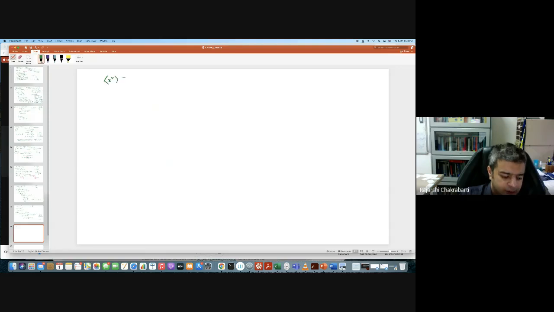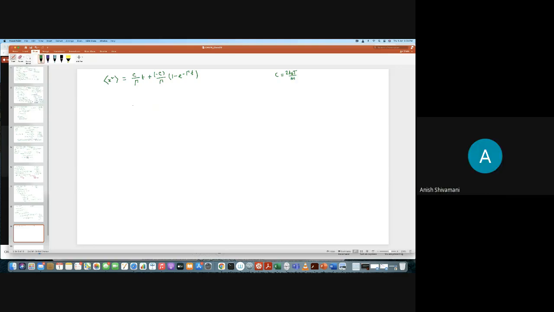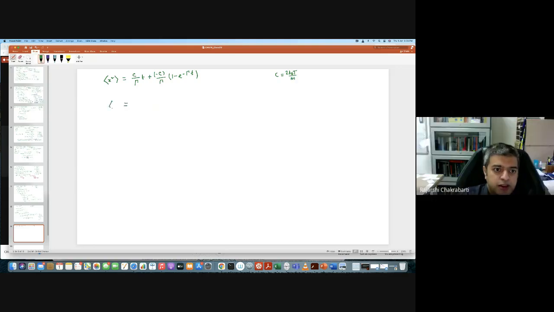X square average now has become C by gamma t plus, it is minus C by gamma. You remember what was gamma? Okay, gamma you can think of later, but what was C? Check your notes. I think this was 2 kbt by m, isn't it? So your x square average has now become